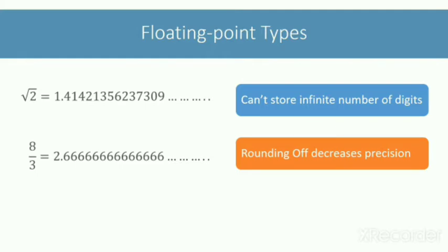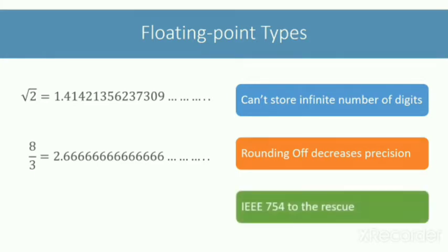Maybe a tenth of a millimeter is also super important. To address this issue of accuracy, all hardware and programming languages use the IEEE 754 standard for storing floating point numbers. IEEE 754 proposes a way to store floating point numbers at varying precision levels. The complete details of the standard are beyond the scope of this course. We will just look at an overview of IEEE 754, which should be good enough for understanding float and double data types.